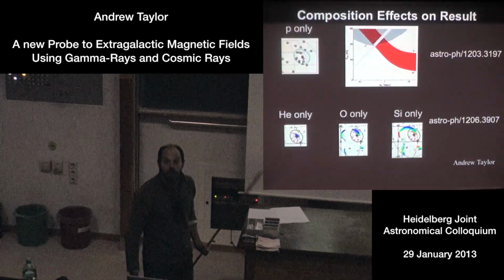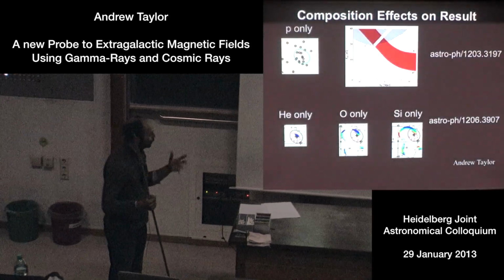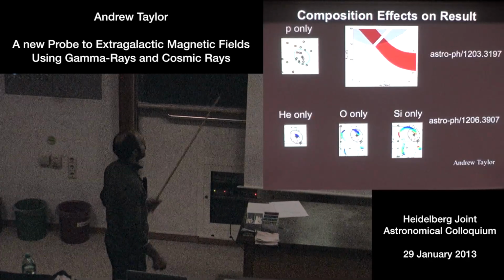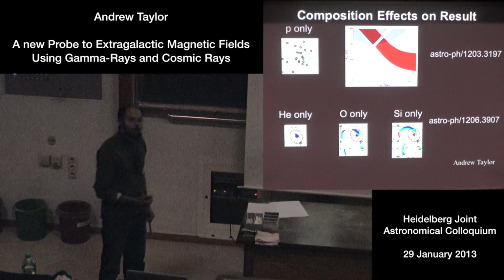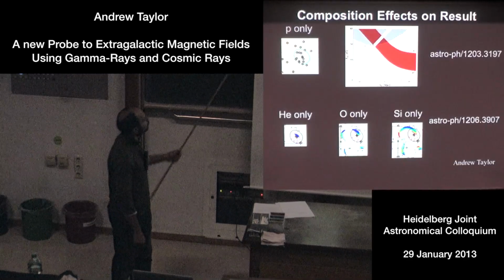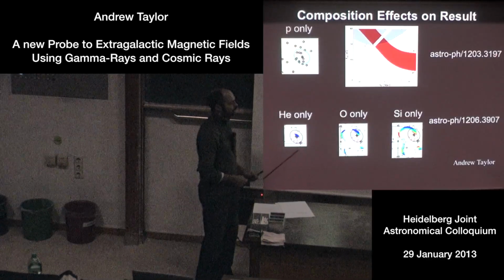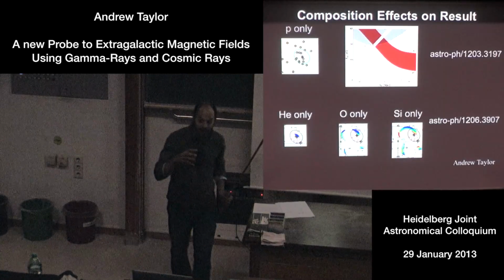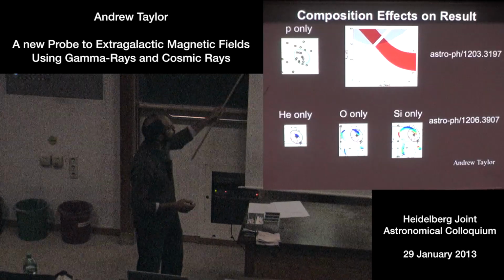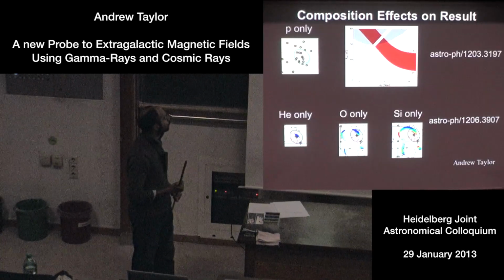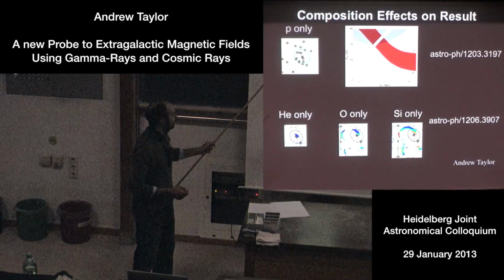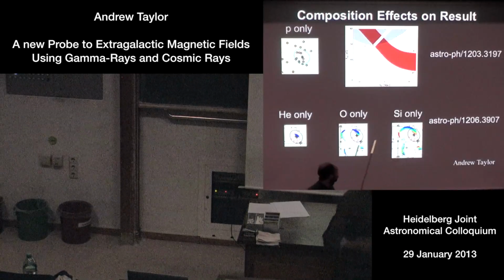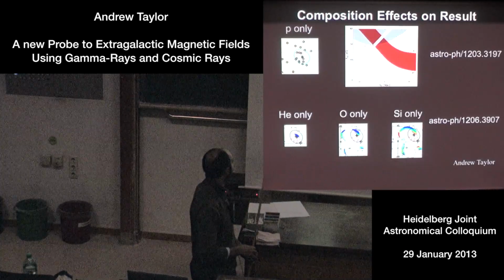Okay, that said, you have to be careful. That is a probe that has caveats, and the main caveat is the composition. The evidence is that ultra-high-energy cosmic rays seem to be getting heavier, I'll show that in a following slide, at the highest energies. So a proton-type composition does not seem so well motivated. I wanted to address this in work I've done with Roy Liu, who is in the audience here, and some other collaborators.